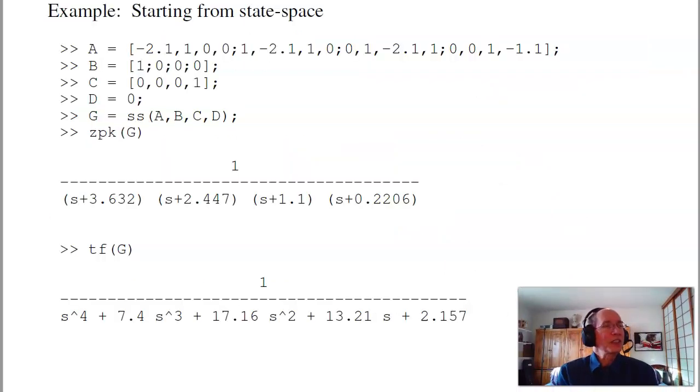State space is a way to represent a system in matrix form. Again, Matlab loves matrices, so this is actually how Matlab stores systems. In matrix form, I have 2 or 4 matrices, A, B, C, D. That's your x dot equals Ax plus Bu, y equals Cx plus Du, something we'll be covering quite a bit